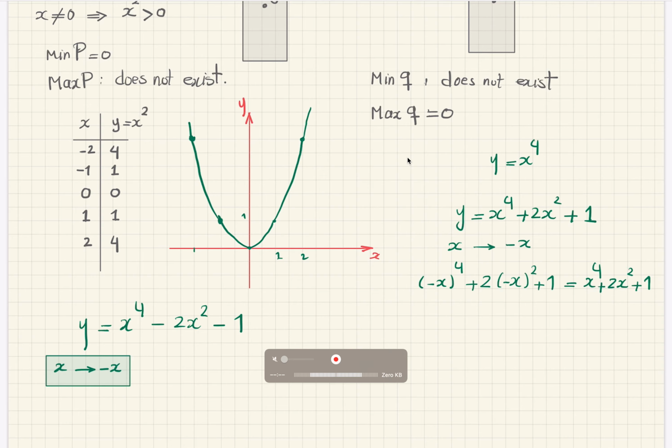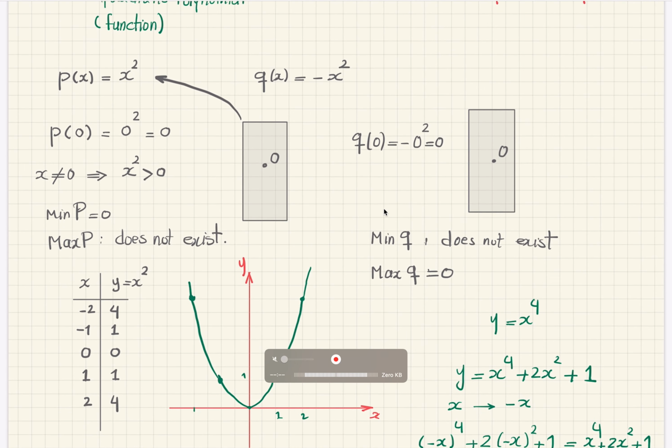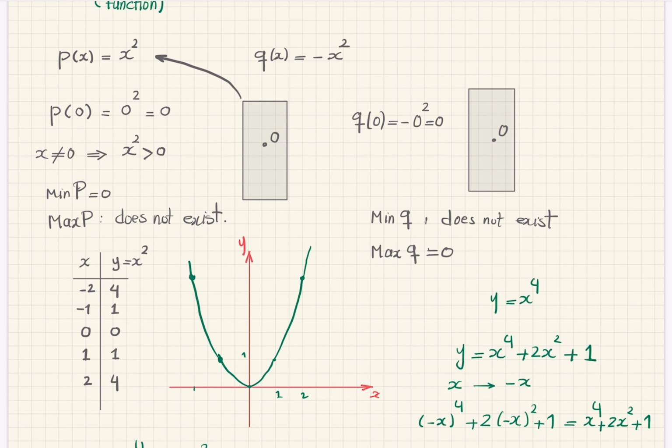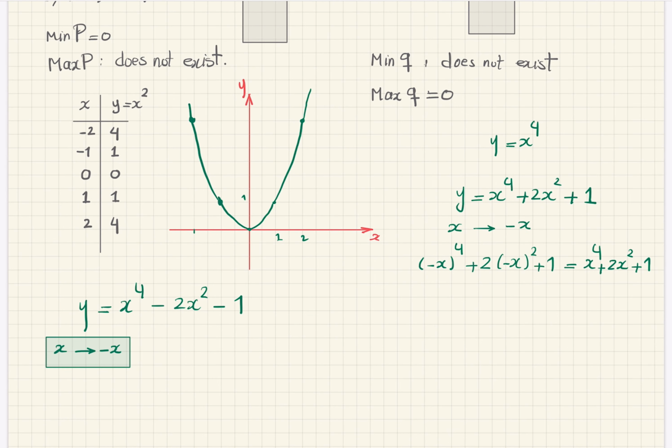Now tell me, let us go back here. Is this function here also symmetric with respect to the y-axis? Definitely yes, because if I change x to minus x, nothing will change. Okay, so this behavior is very, very important to realize. Okay, and then we will see that all parabolas remain symmetric, but not exactly with respect to the y-axis, because